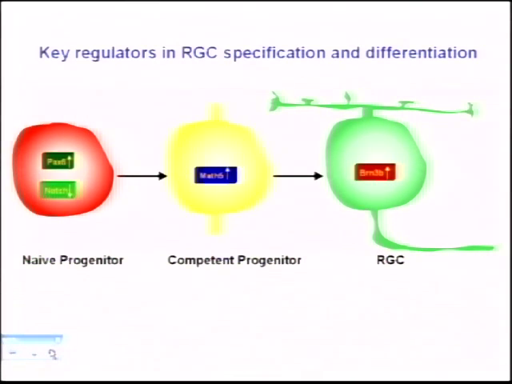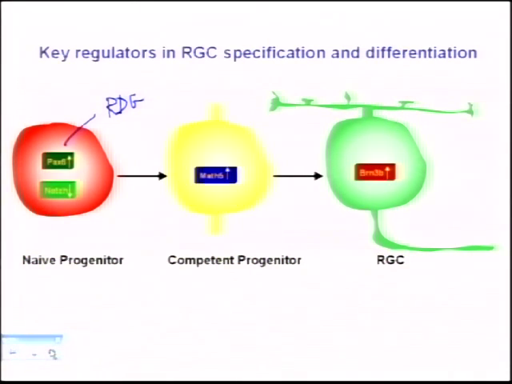And PAX6 is also important for lots of other aspects of the eye. If you take PAX6 away as a germline knockout in a mouse, or you look at a null mutation in a human or in a fly, you don't even get any eye at all. You don't get any lens, you don't get any cornea, you don't get any eye at all. So PAX6 is an important regulator of eye development. If you knock it out specifically in the retina, it takes away lots of retinal cell types. So it's very upstream in a gene regulatory network, very high in the hierarchy, and it's really called a retinal determination gene in terms of the retina.